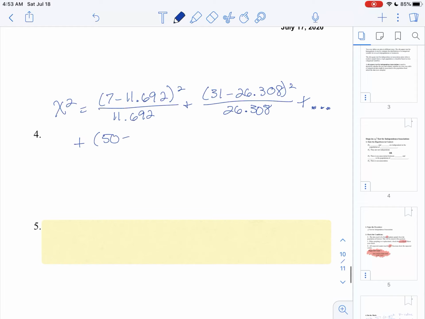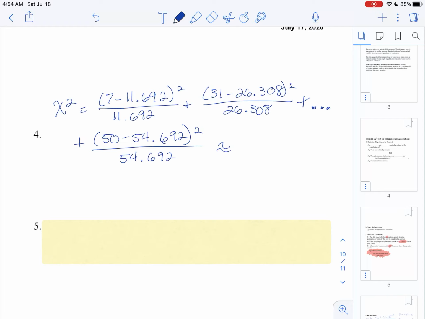We had 50 minus 54.692 quantity squared over 54.692. And when I ran that test in my calculator, which now I have to do again, but that's not a big deal,